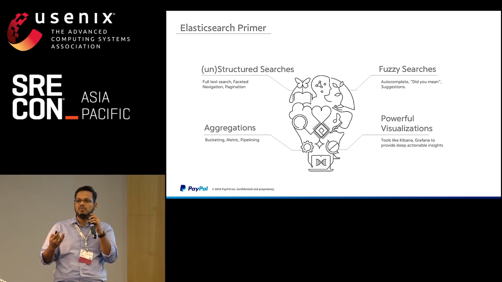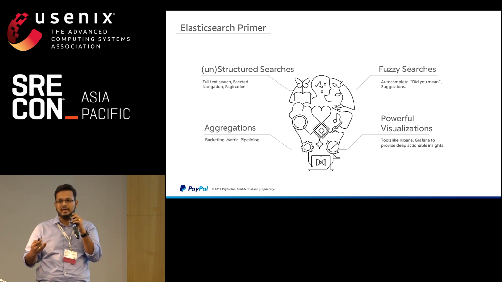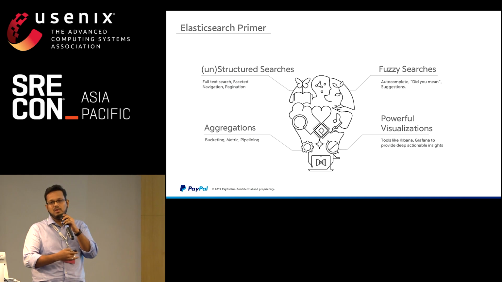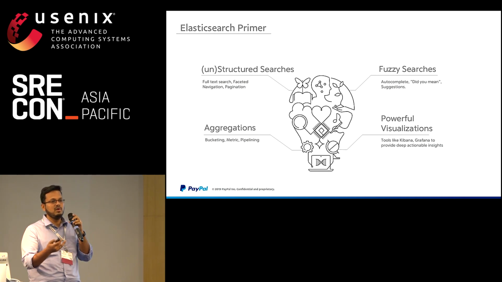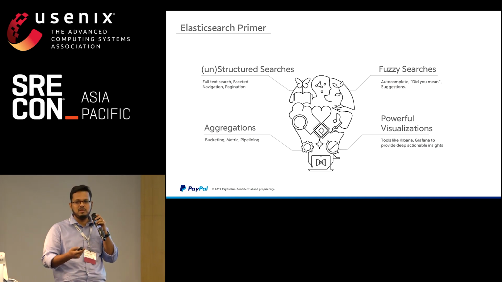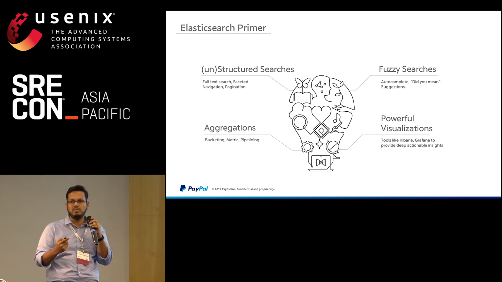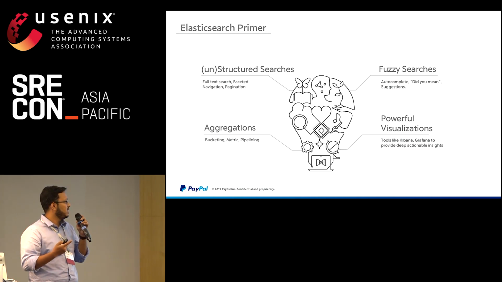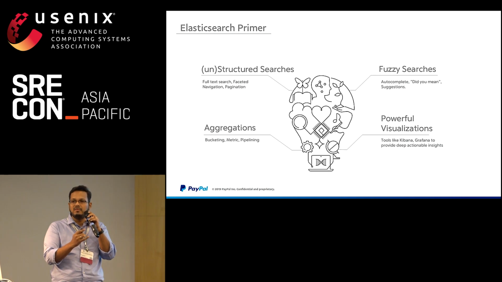We also use Elasticsearch to do geospatial search. So if you're trying to find a store that accepts funds in for PayPal, you could go to your PayPal app and do a location-based search to find all stores close by. We use Elasticsearch for that as well. So that's the customer-facing side of it.